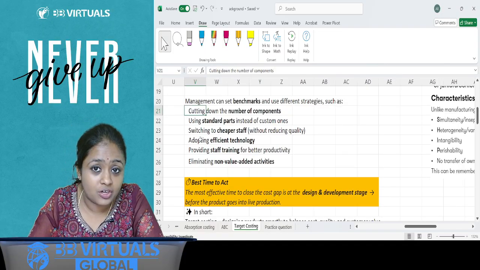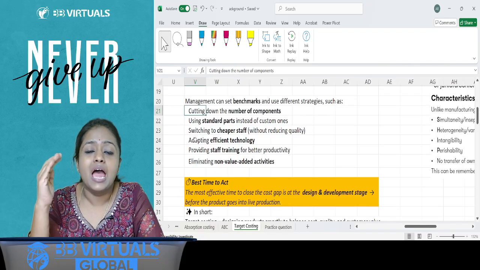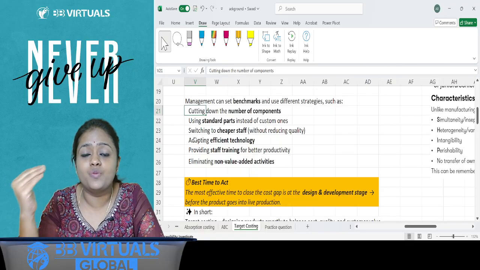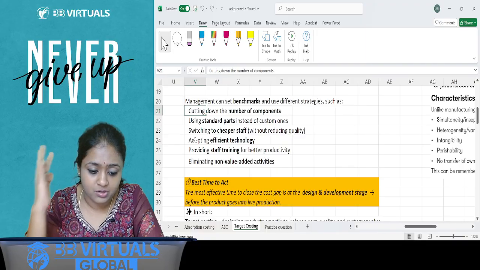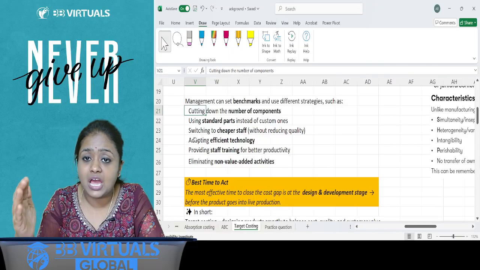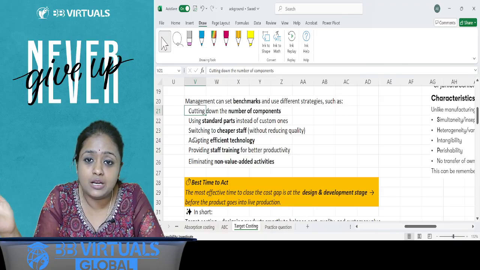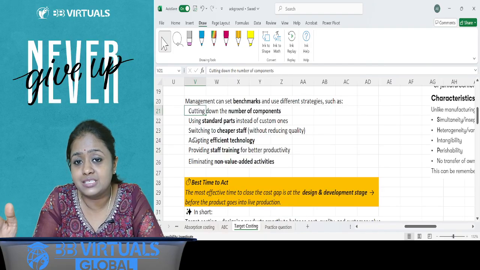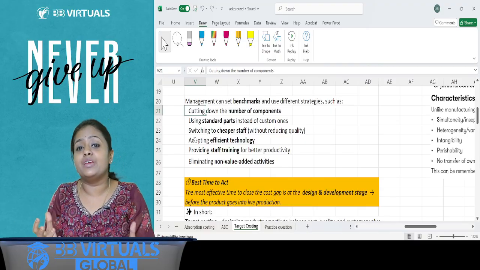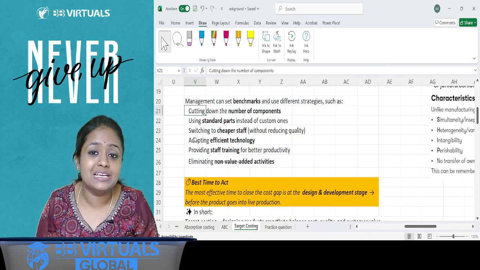Adopting efficient technology. Now we have so many technology-related software and such advancement of technology that with AI also we can look for optimization of the technology cost. And let's have the staff better. Why don't we hire a technical person only rather than getting the existing staff, which is non-technically trained for it? So that we have the training cost saved, plus we will have more expertise on it.